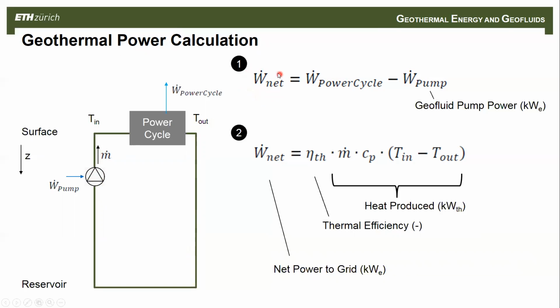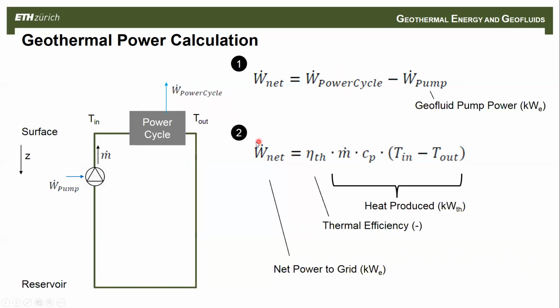The geothermal power that you sell to the grid, that's this W net here. It's the power that you generate from this power cycle, from your heat engine, minus the power that it takes to pump and circulate the fluid, right? So you can make 3 megawatts of power here. It takes you 1 megawatt of power to circulate the fluid, so then you can sell 2 megawatts to the grid, right? So you can calculate this by actually calculating these powers, the pump power and the power from the